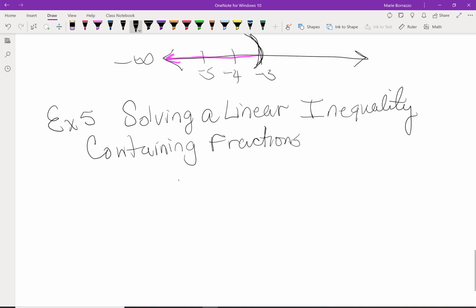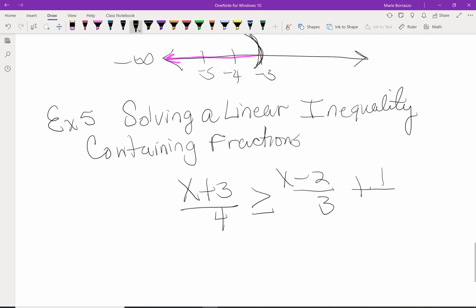And so they're giving you x plus 3 over 4 greater than or equal to x minus 2 over 3 plus 1/4. Now the first thing I'm thinking of is to get rid of the denominator, which should always be your first strategy in most cases. So in this case, I'm going to take the whole equation, I'm going to multiply by 12 over 1